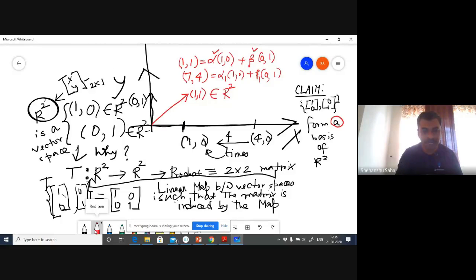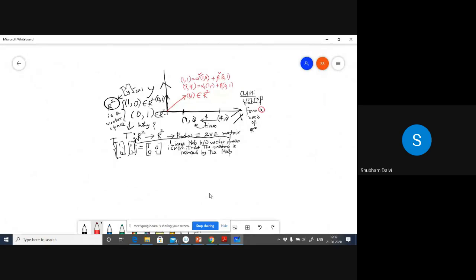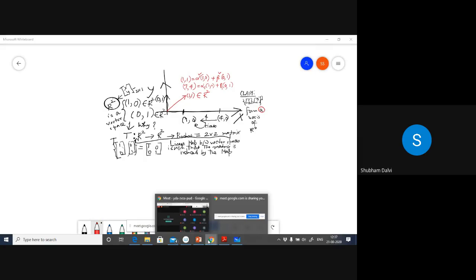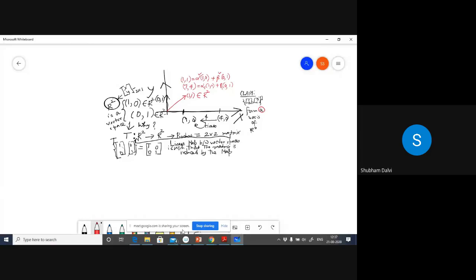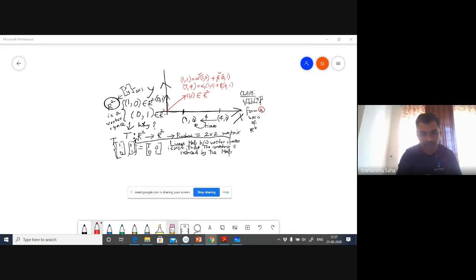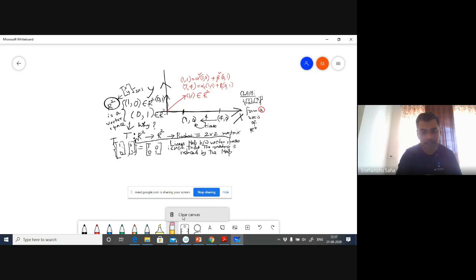Okay, let me erase this canvas for now. Sir, can you please explain what is a linear map and what do you exactly mean by a linear map between vector spaces? Let me erase this. Induced by the map. All right, let me come back to this. Sir, am I audible? Hello. Clear the canvas. Okay, all right,